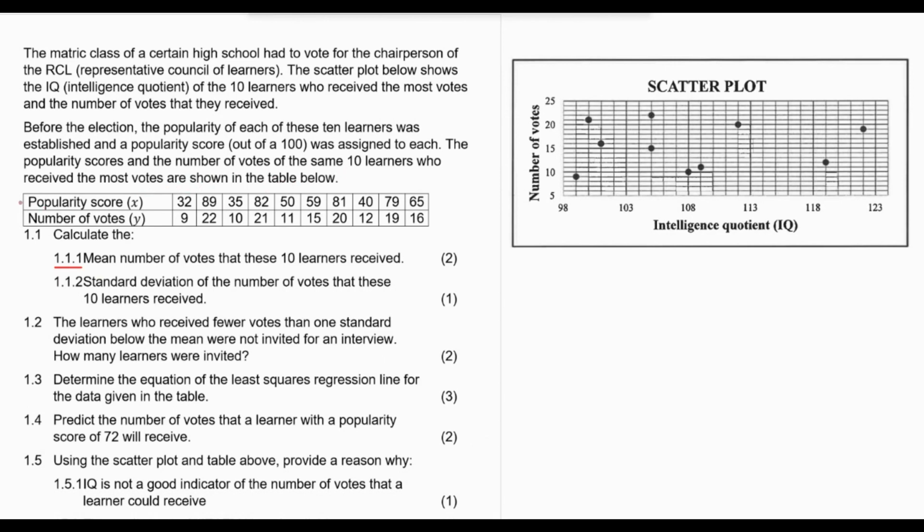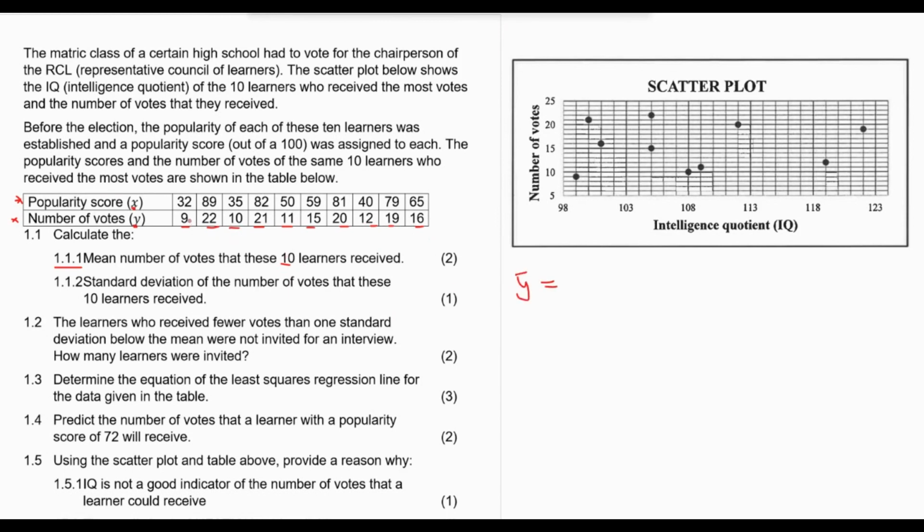Right, so we have the popularity score represented by X, and then we have the number of votes represented by Y there. Now, we are required to calculate the mean number of votes that these 10 learners received. The mean for these values: 1, 2, 3, 4, 5, 6, 7, 8, 9, 10. 10 of them. So the mean